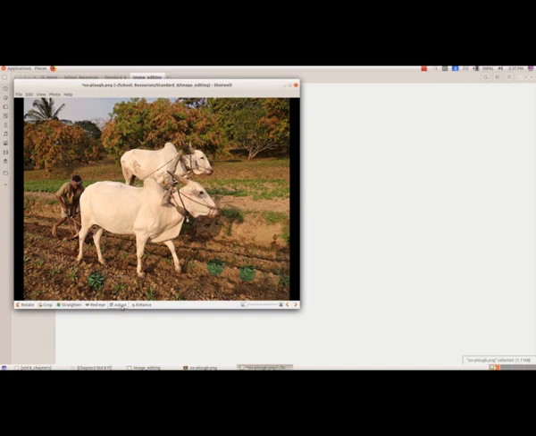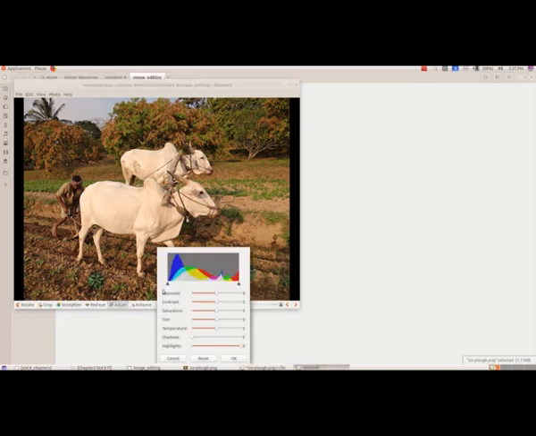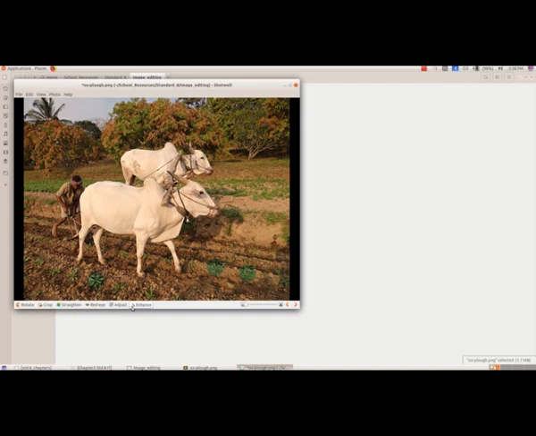The next one is adjust. This has contrast, saturation, and all. If you want to adjust, you can adjust. I am not adjusting, so I am giving cancel. And then enhance. I think enhance we saw.